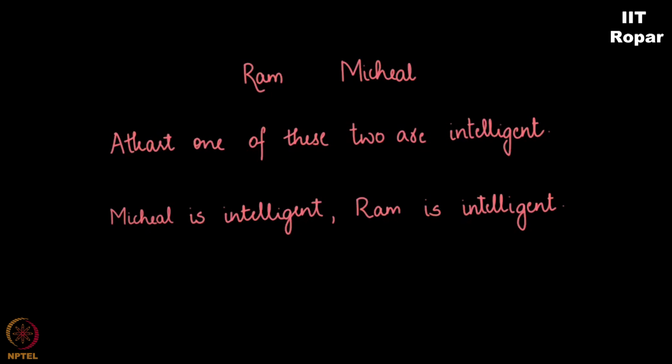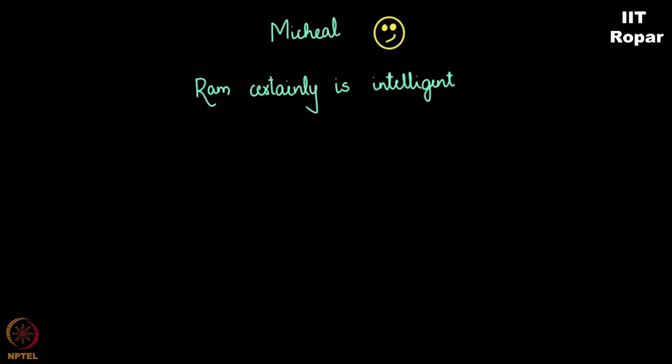And then you interview Michael. You talk to him. You find him very dumb, right? He doesn't know some of the basics of computer science, but he claims he knows. He's a graduate in computer science. Now, what can you conclude? I have told you that it's true that at least one of them is intelligent and knows a good amount of computer science. And you interview Michael and you conclude that he doesn't know anything. What is your inference now? Your inference should be that Ram certainly is intelligent.